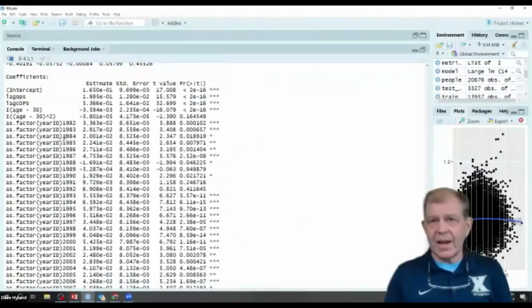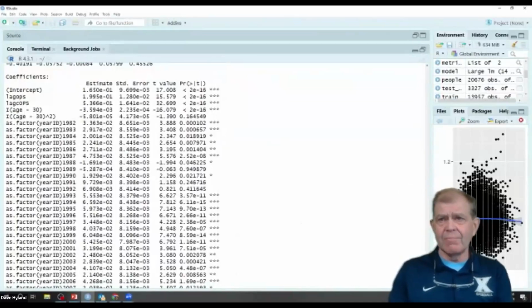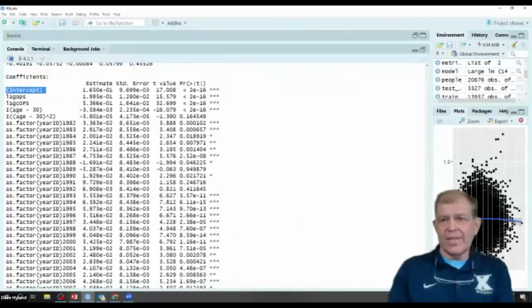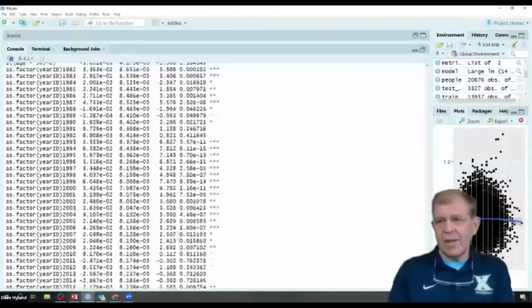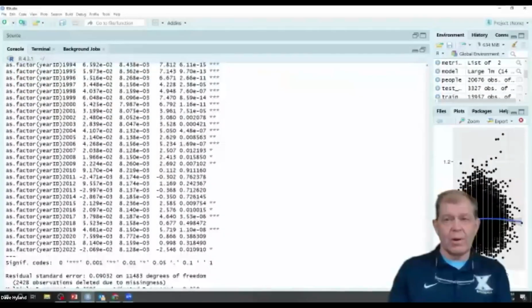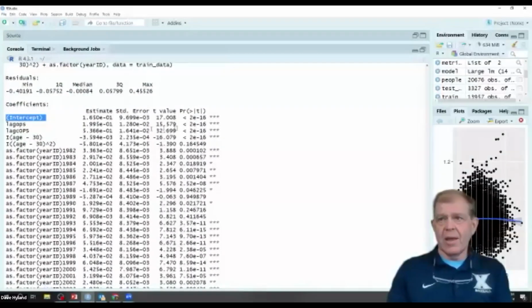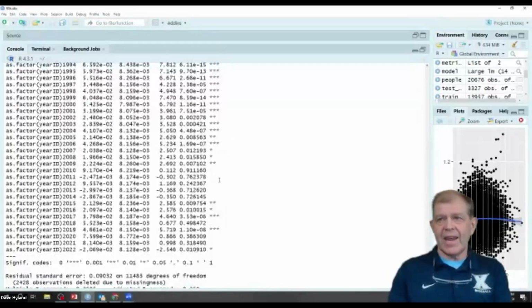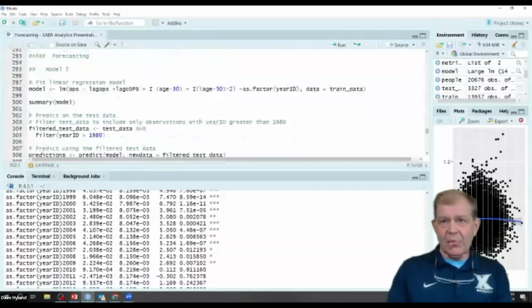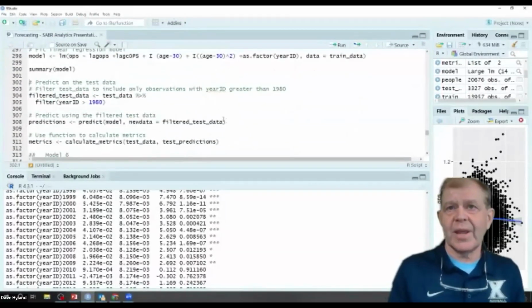1981 is our first year. That goes into the intercept. We can see that, based on the year, it makes an adjustment for the specific year. We see that OPS, lag OPS, career OPS, age, those are all statistically significant, and then a lot of the years. So we've got a little better model with model 5 than we do any of the others.